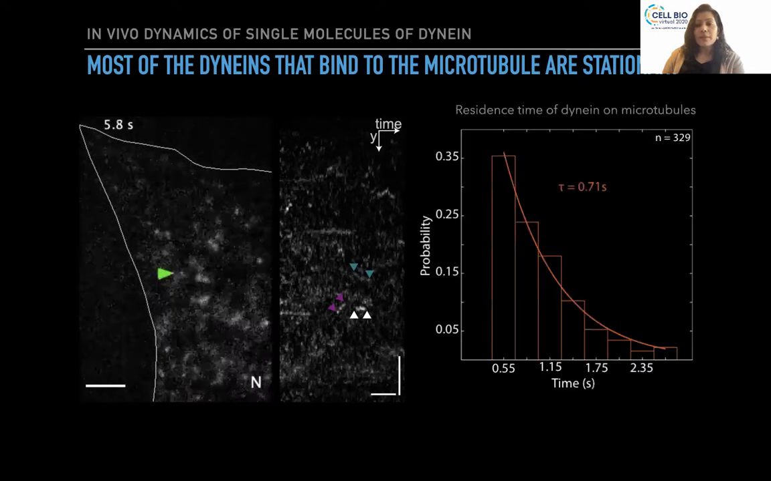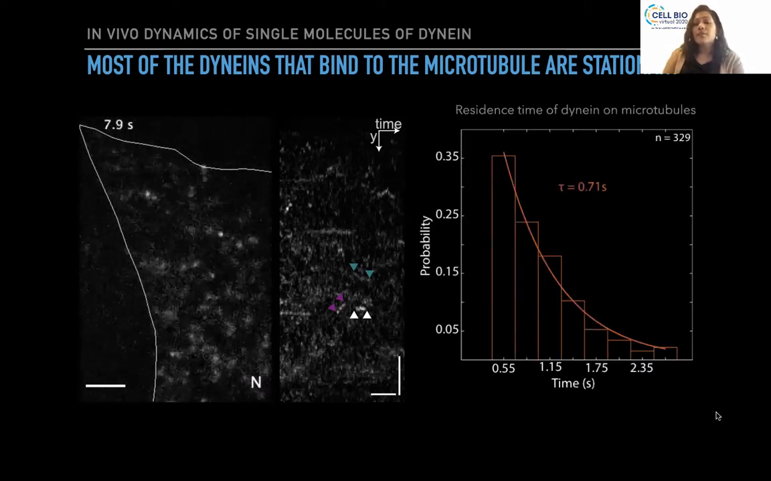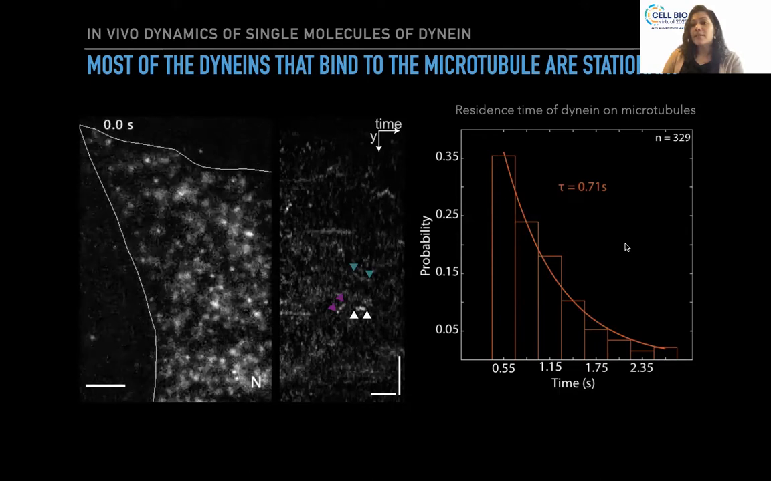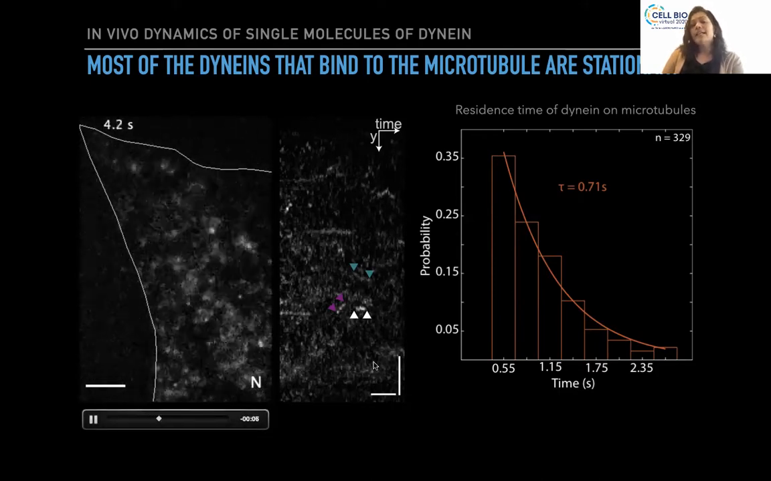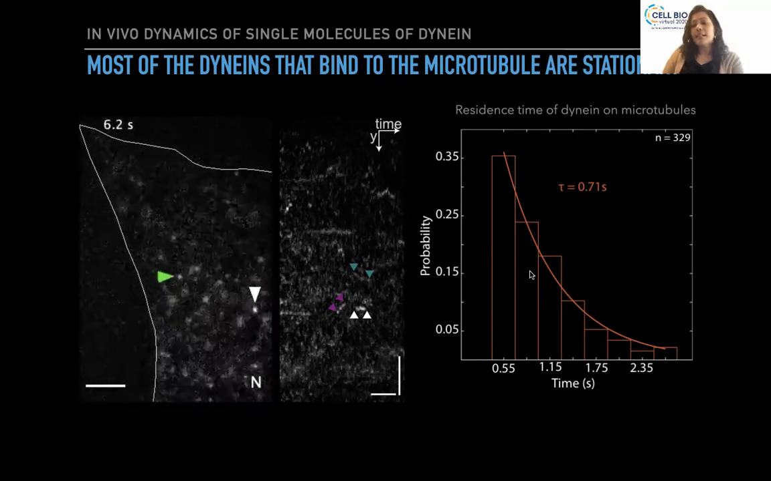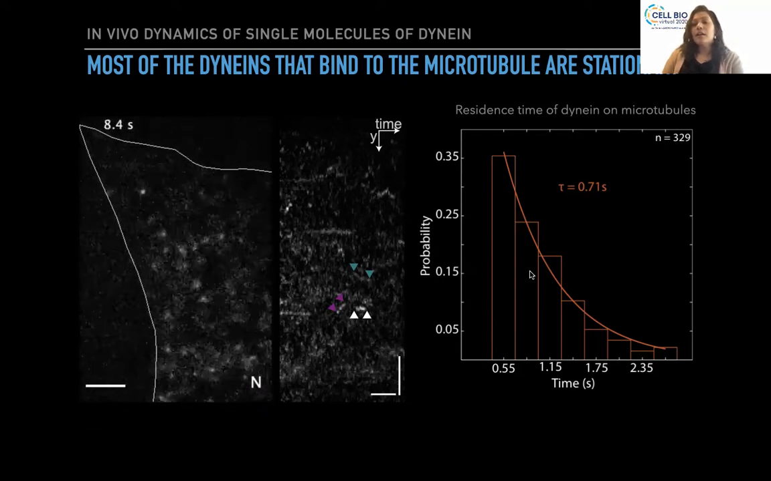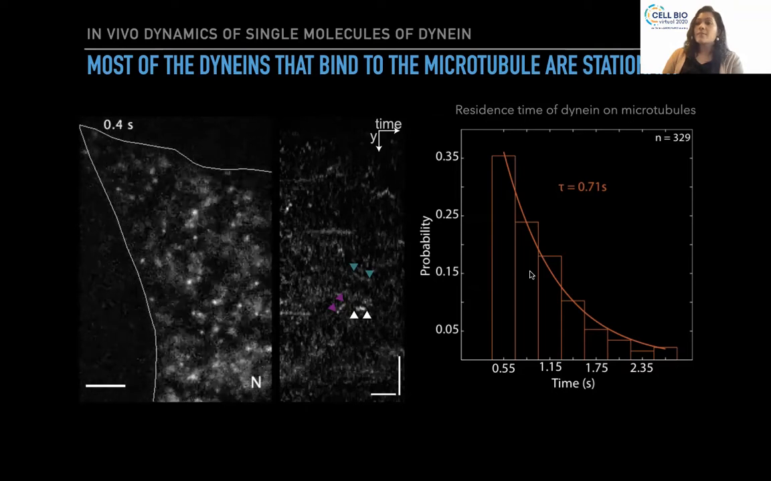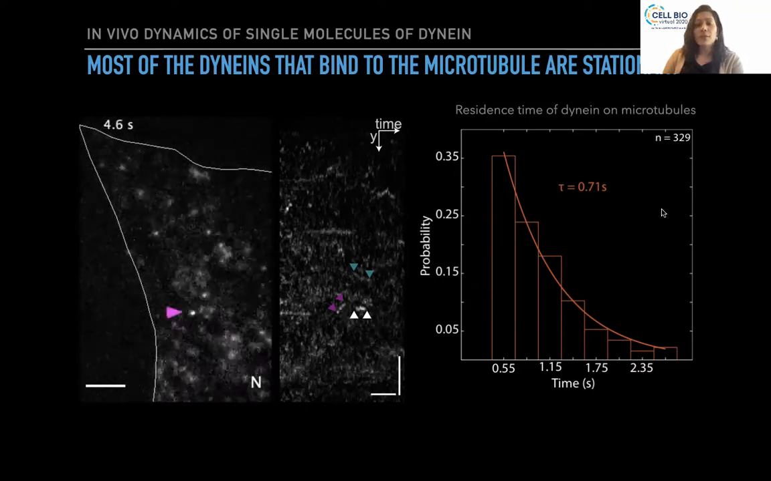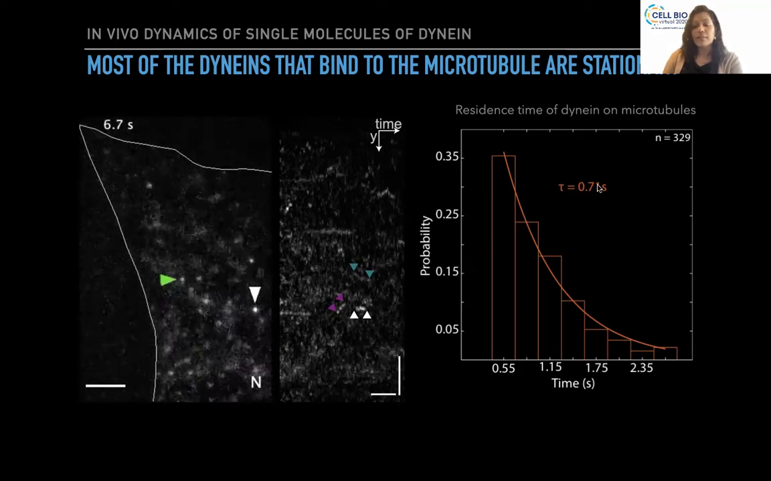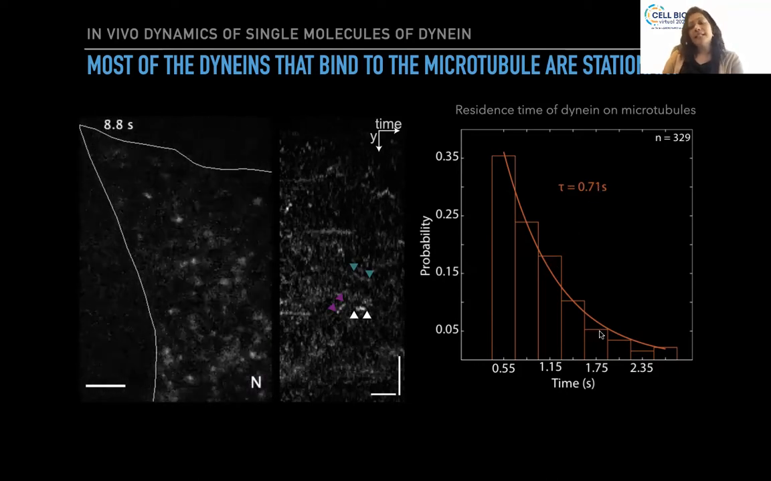What we then went on to look at was the duration of time that dynein actually stayed on the microtubule. Interestingly, what is also apparent here is that dynein does not necessarily undertake long-range movement upon its binding to the microtubule. Rather, it typically stays on the microtubule for a very short duration of time, only of the order of half a second, a little over half a second in fact, before it detaches and moves back